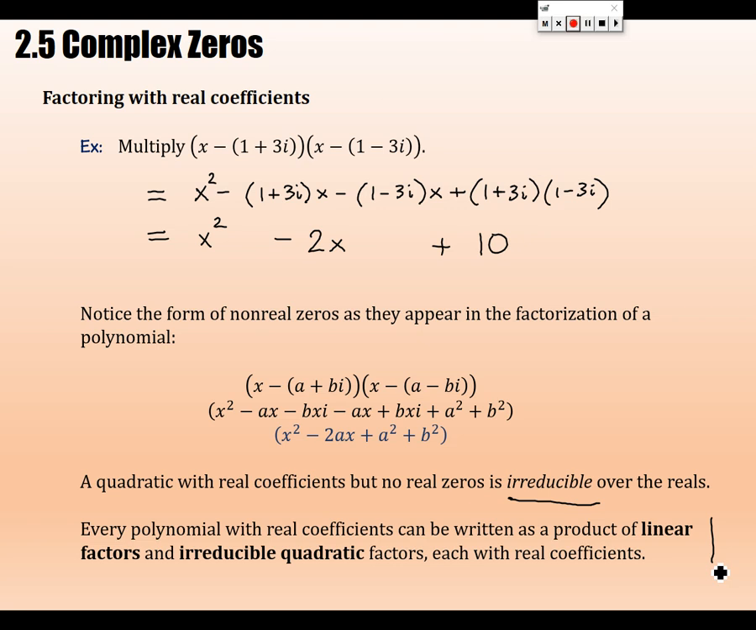If we do this, these two produce for us two real forms, right? Two irreducible quadratics. So you'll never have